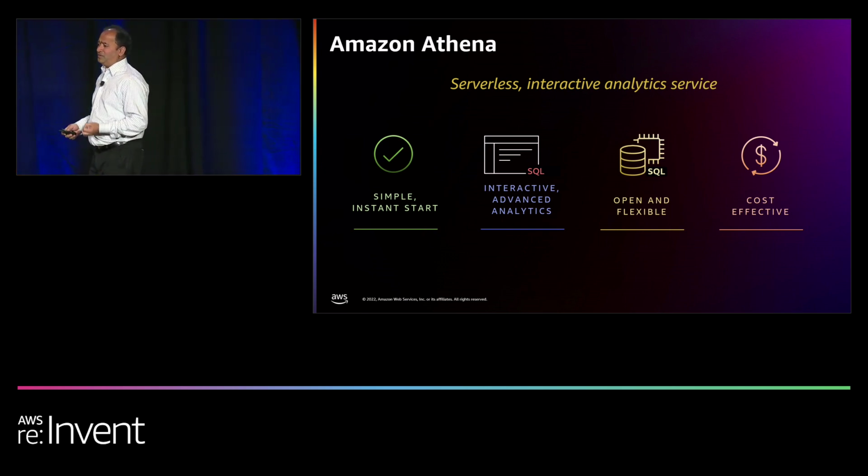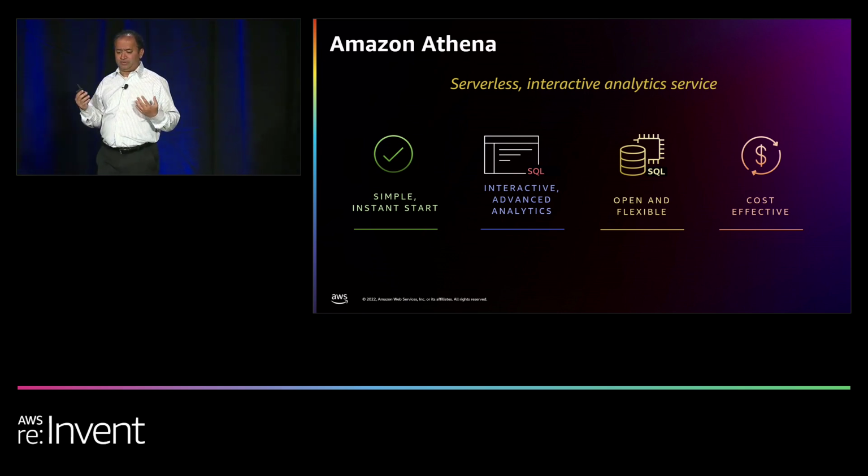Now, Athena offers an interactive analytics experience on the console. It offers a query editor where you can start entering queries and start looking at the results. Alternately, you can use the APIs to interact with the data. Athena is open. It supports a lot of open data formats, JSON, Avro, Parquet, ORC. It also works with a wide variety of business tools, Tableau, Power BI. So, that is actually easy for you to work with.